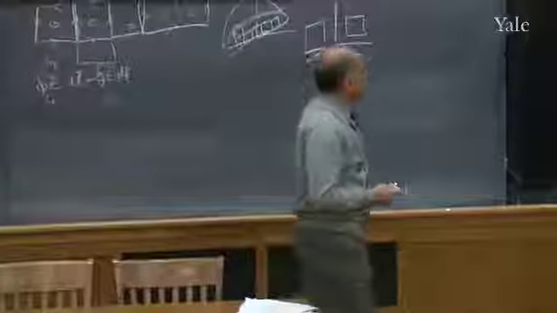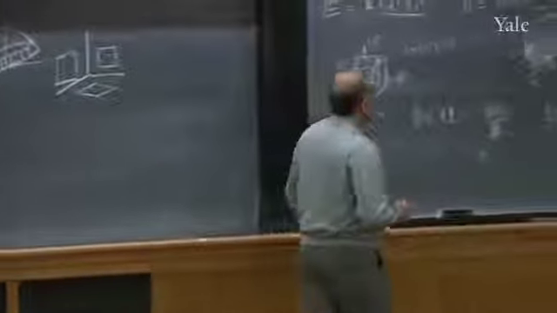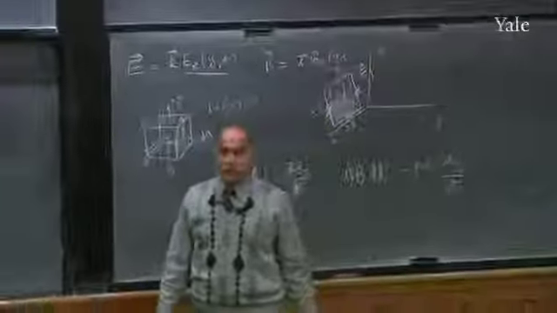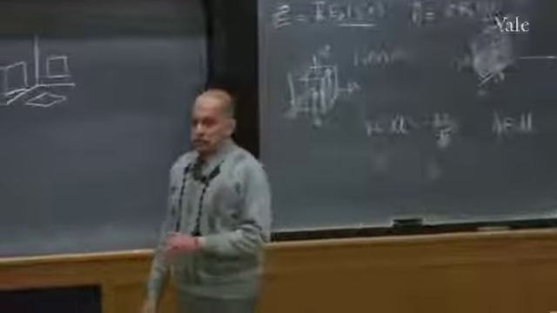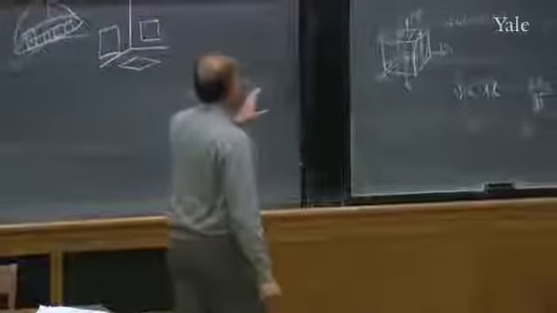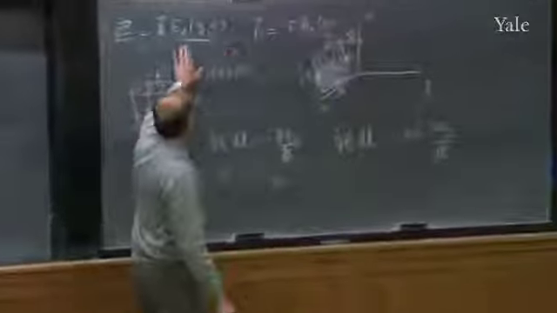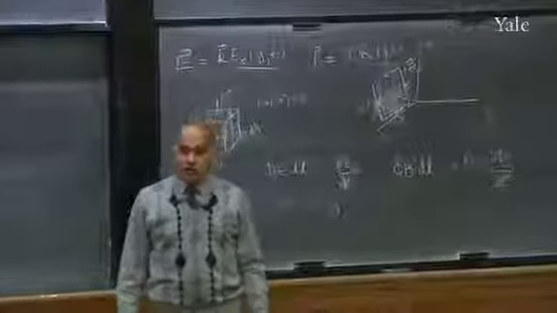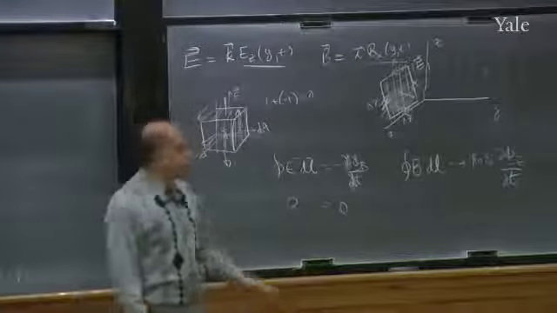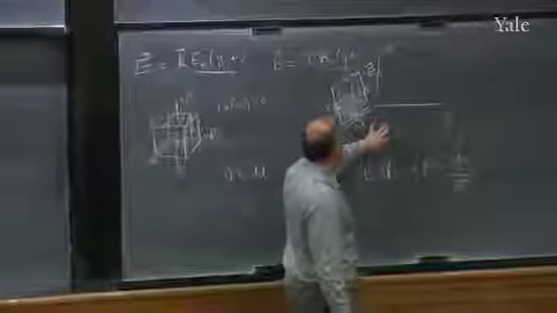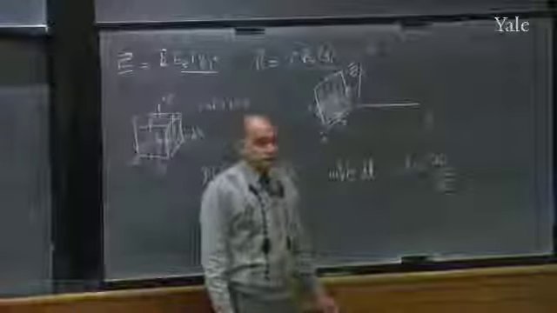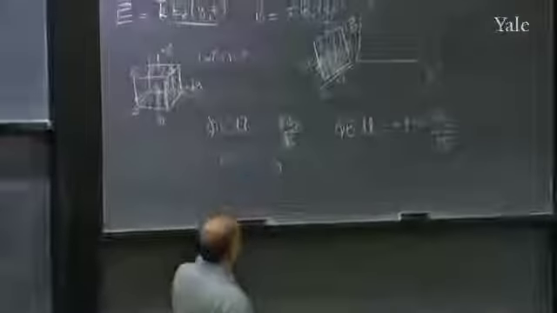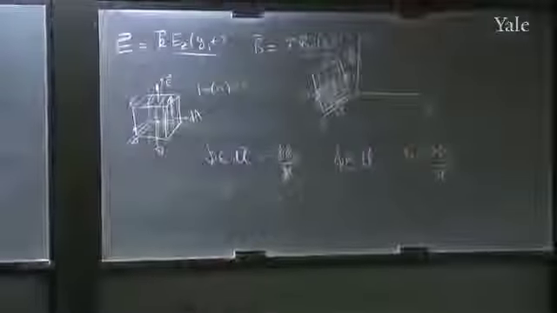But I'm not done because I still have to consider loops in this plane and loops in that plane, because so far I've gotten no conditions at all. What this means so far is that there are no further restrictions on E_z and B_x. There can be anything you like. But I'm going to get restrictions by finally considering loops in this plane and loops in that plane. So let's see how you get a condition on one of them.